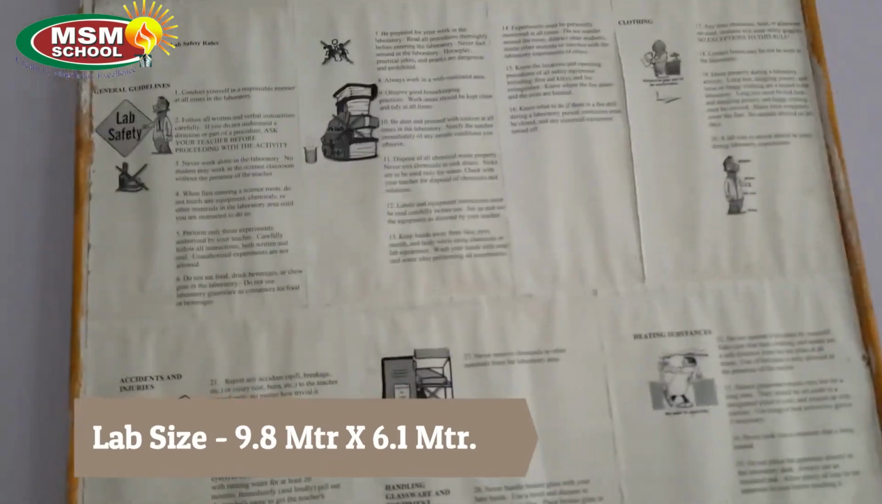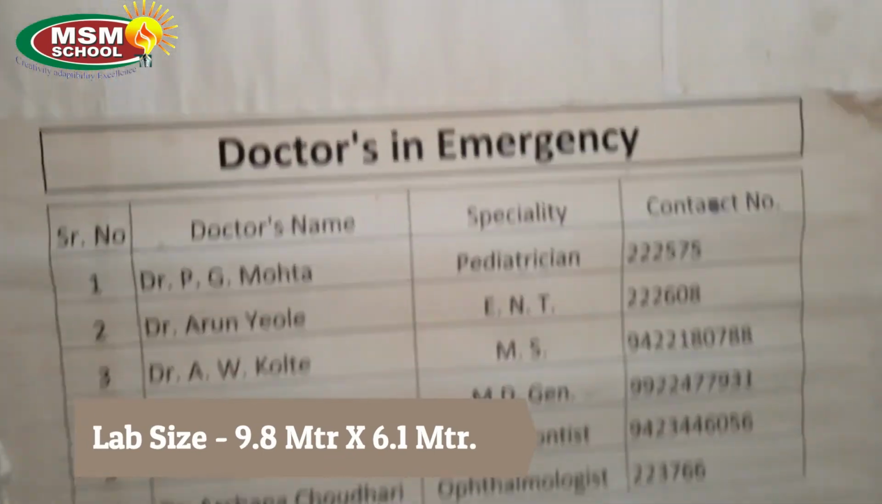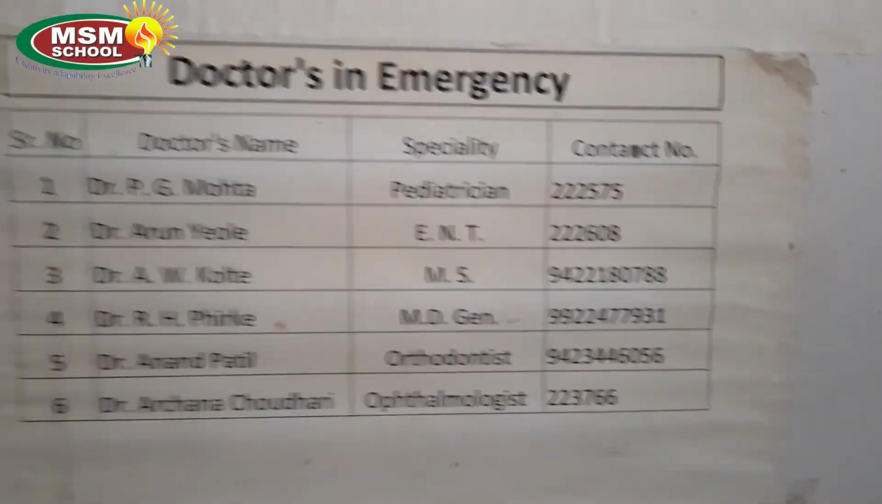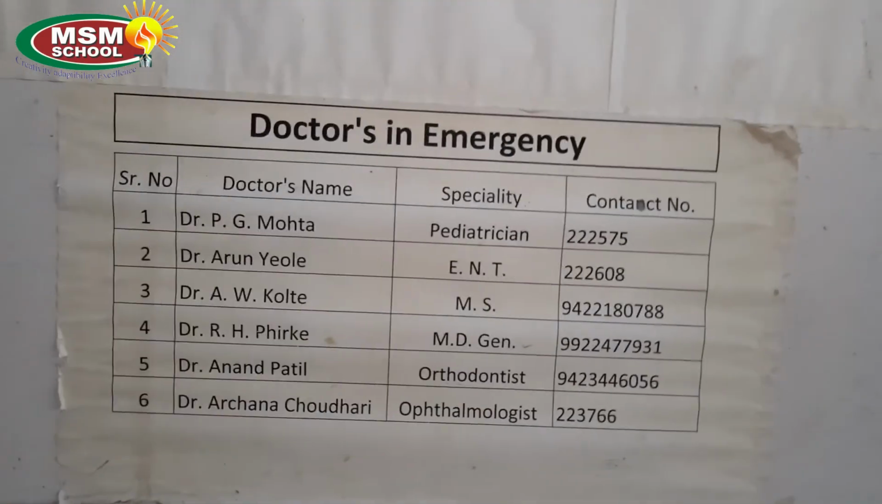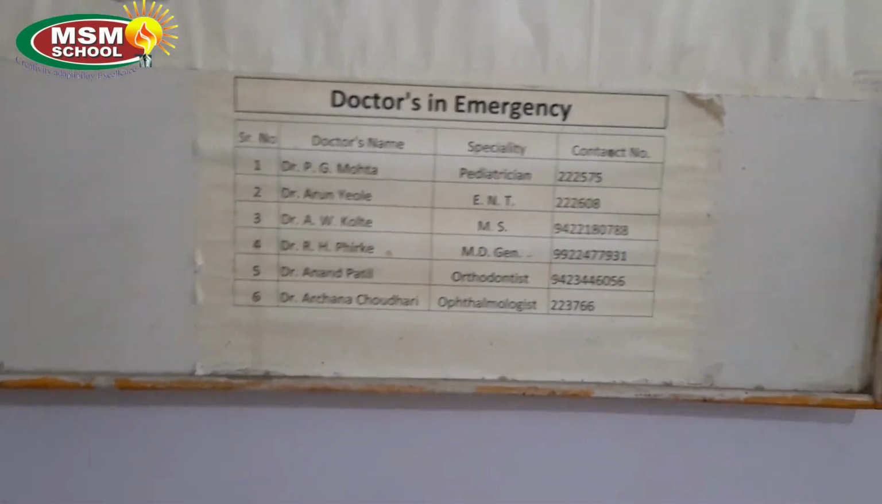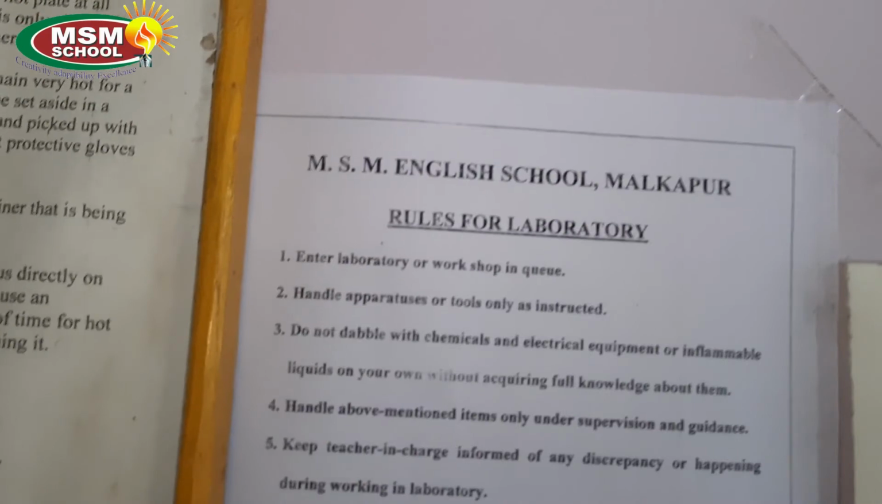The visual message is very loud and clear, so that anyone can understand what it is. This is how the chemistry lab looks. You can see there are doctors' emergency numbers also posted in the chemistry lab, because in case of an emergency, the doctors can be called immediately and help can be taken from them. Now the rules for the laboratory are pasted over here again,